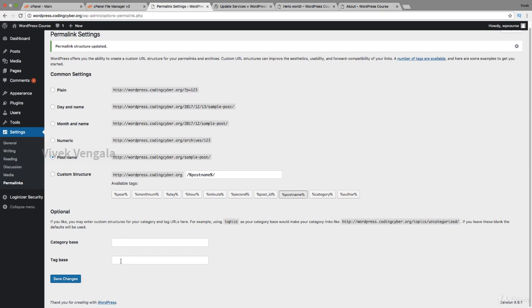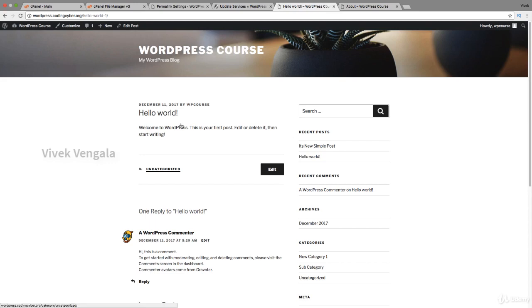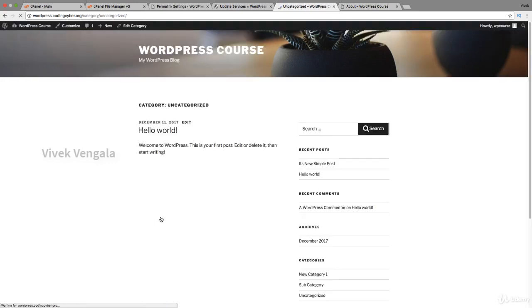Here we can also choose the URL settings for category base and tag base. If you want to add anything for categories and tags, you can enter the words you want to go in between here, so that it will be applied. Here you can see an example. For categories, you can choose a word like topics. It will be placed in between the category name and the website name, and the same for tags also. By default it will be category slash uncategorized, or if I check another article,